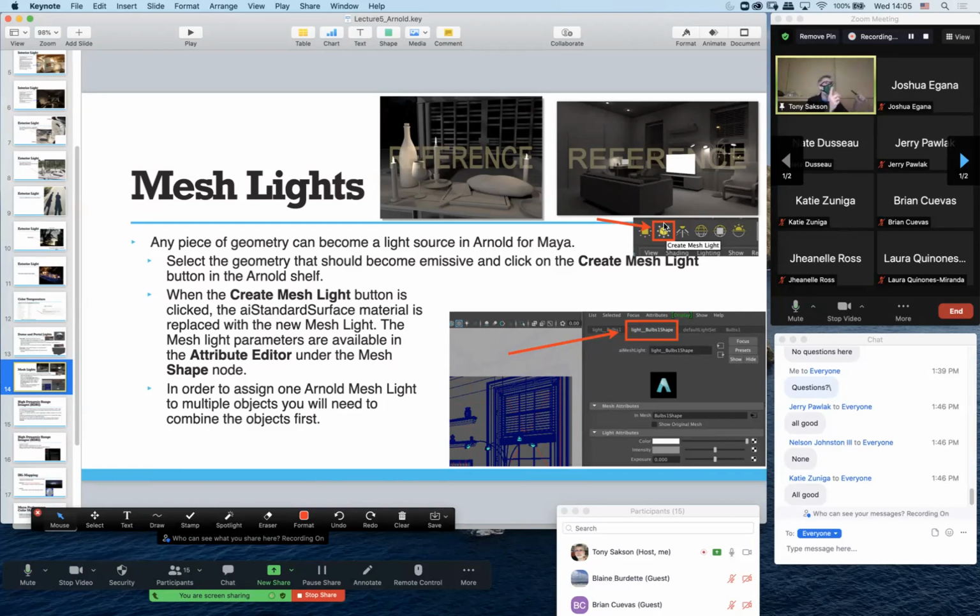Here's the kicker, though, with Arnold mesh lights, which personally I find annoying. If you've got a whole bunch of geometry that you want to assign one mesh light to, say, for example, here in our environment, in our room, we've got, I don't know, 1, 2, 3, 4, 5, 6, 7. So we've got 21 recessed ceiling lights here. Okay. In Arnold, if you want to assign a single mesh light to them all, because honestly, they would all